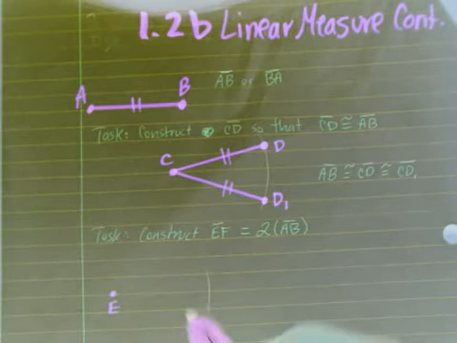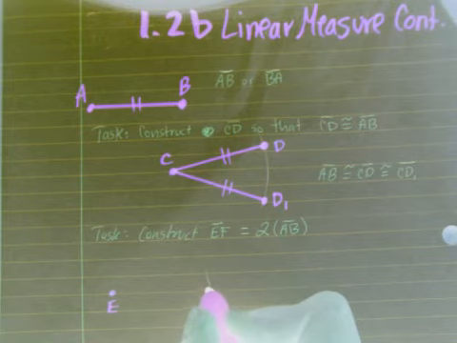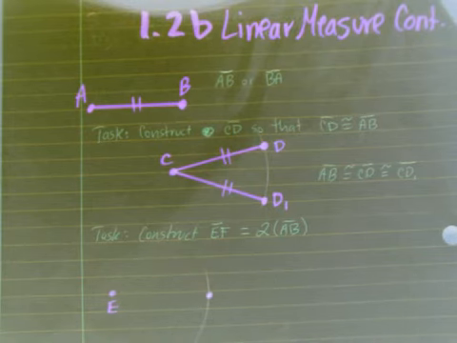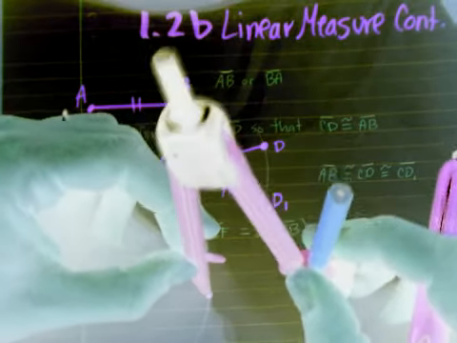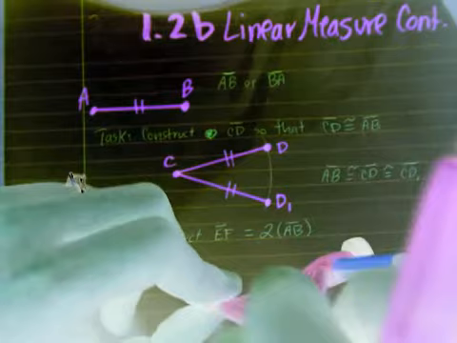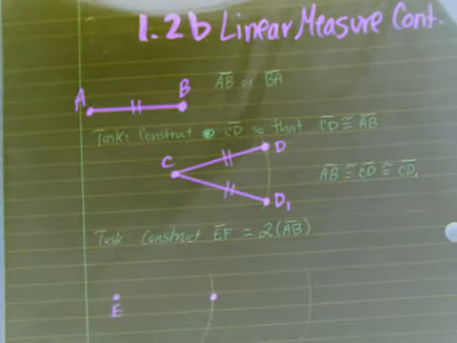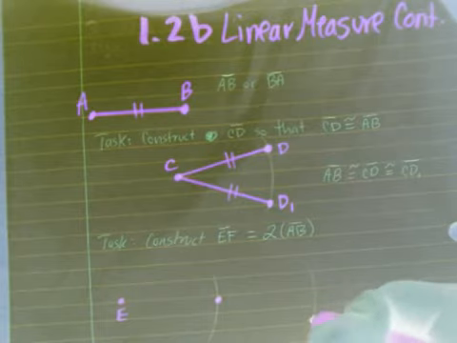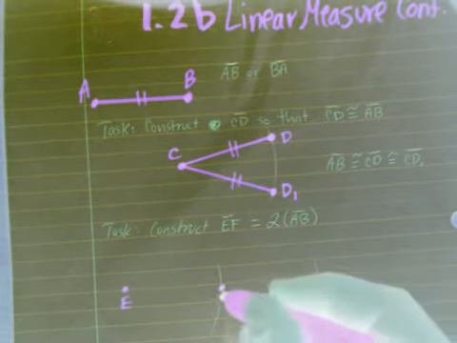And you're going to put a point somewhere. You're not going to call it F, because otherwise it wouldn't be twice as long. So I'm just going to put a point, I don't know, right here. It can be anywhere. You're going to put your compass that has the same measure, it hasn't changed, and you're going to put a second arc. And F is going to go somewhere along this line, but you can't just eyeball it and say, I don't know, about right here, because there would be no guarantee if you just put a point randomly that all 3